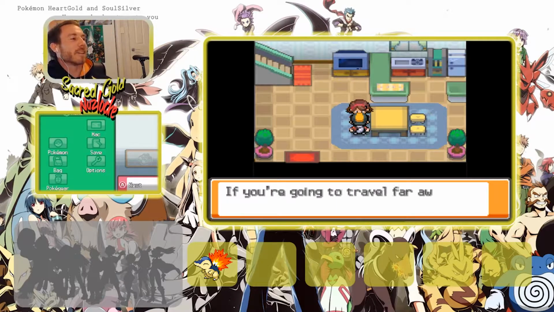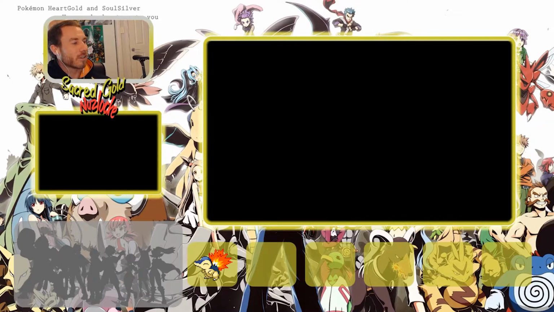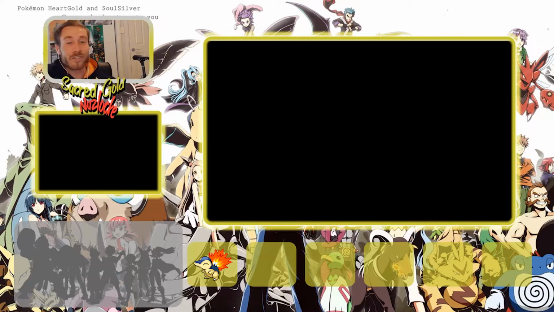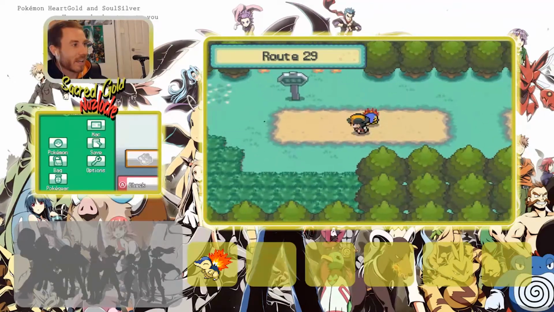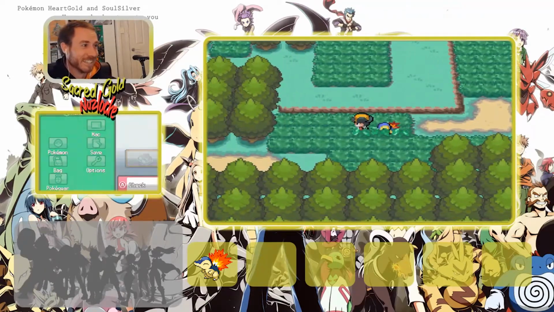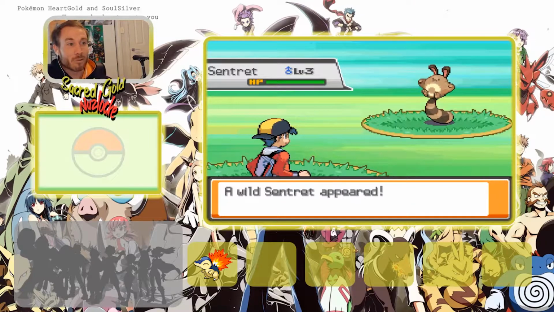Oh, that's unbelievable. Yeah, I've got potions. I just forgot that I had... How many potions do I have? Oh, I've got 5. I've got 5 potions. I totally forgot and didn't use any of them. Well, great start. So now we're going to run through this grass again and hopefully try not to get pummeled by some more